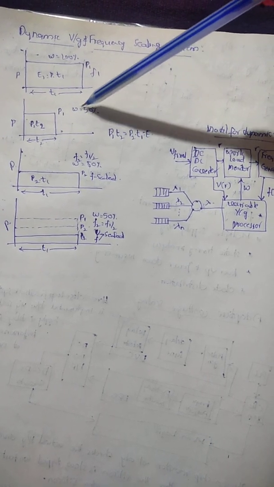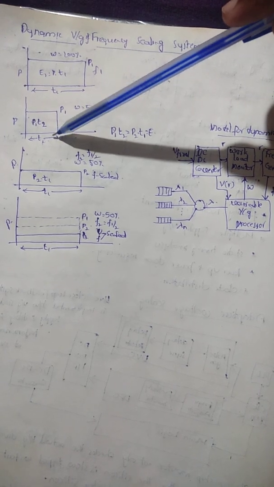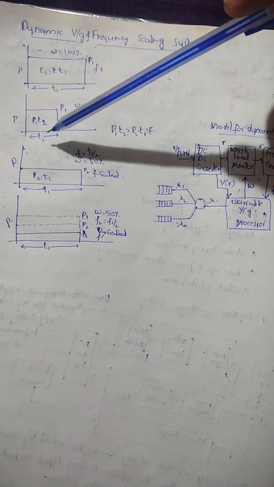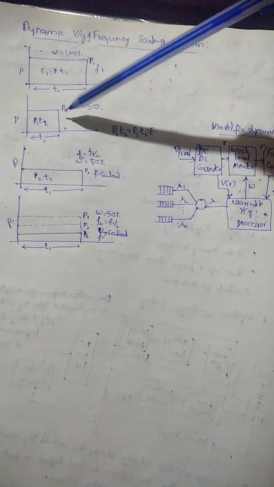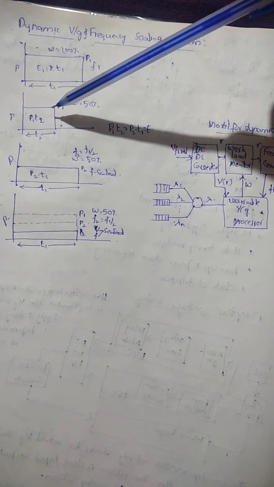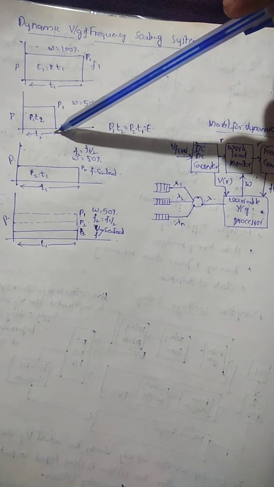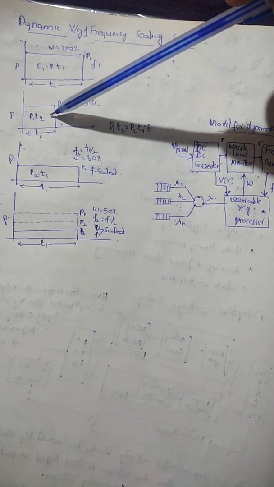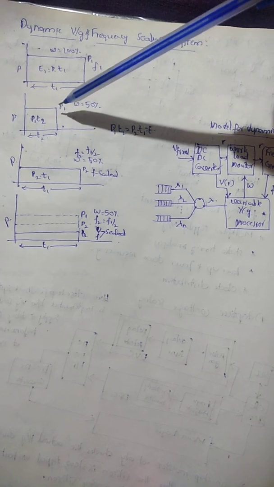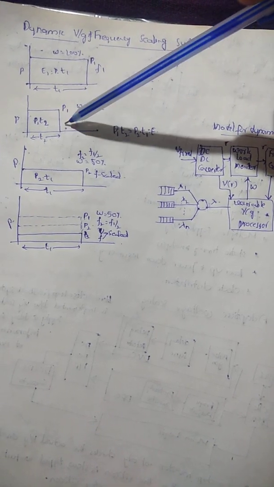So here it is 100%, and it is going to be completed for the 50% of the workload. Okay, it is completed at time T2. The T2 is nothing but half of T1. Here the energy is reduced because it is the product of P1 and time T2. T2 is half, so energy is reduced. In this case, neither frequency nor voltage is scaled.